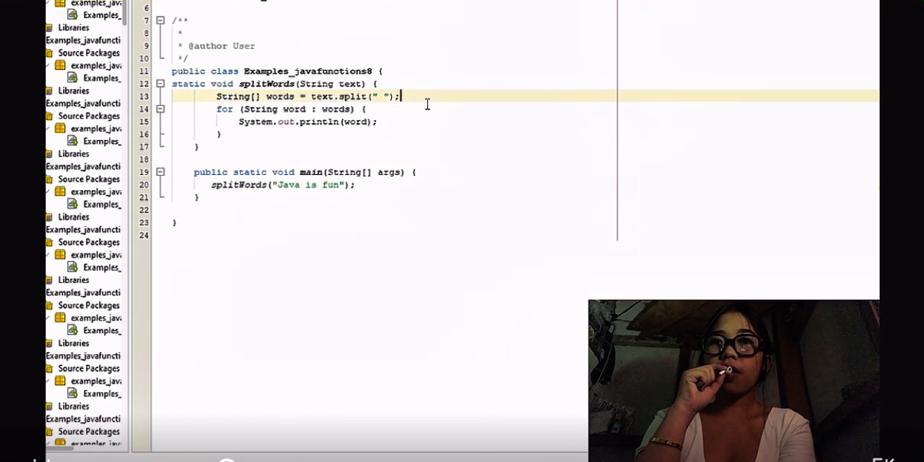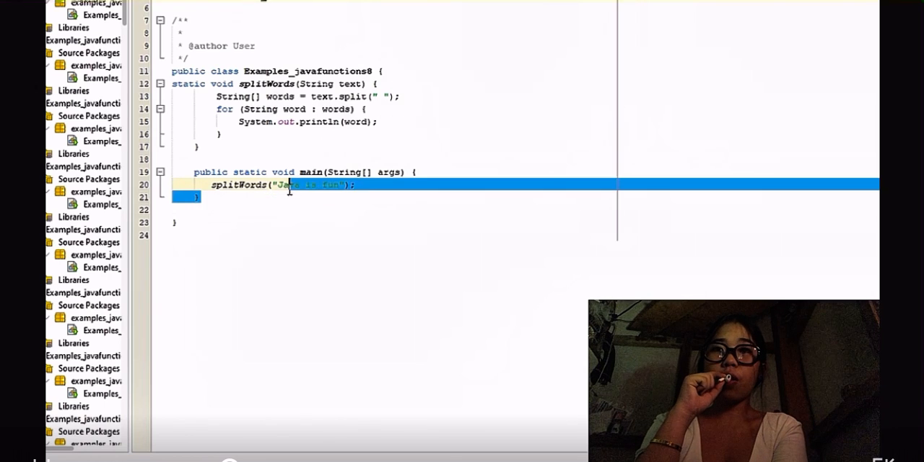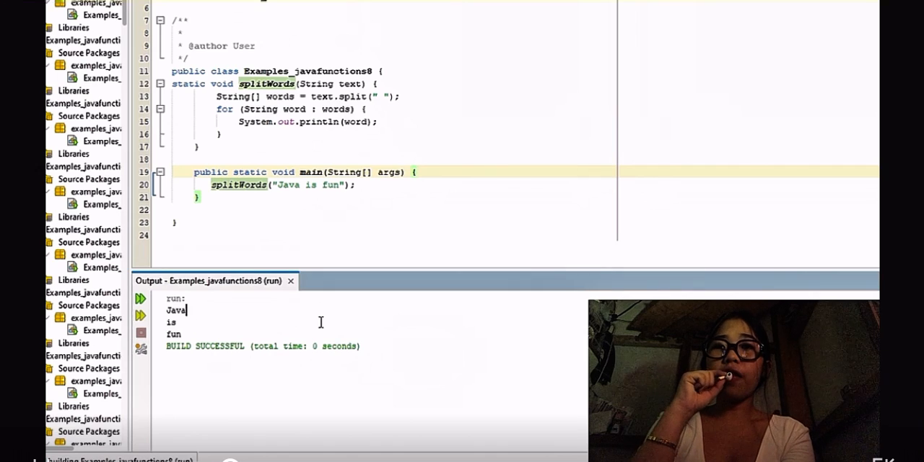So here next, the function split words takes a sentence as input. It splits the sentence into parts whenever it finds a space. So the input there is Java is fun. It goes through each word and prints it without spacing, the words Java, is, fun, but they are no longer connected. So the output is Java is fun